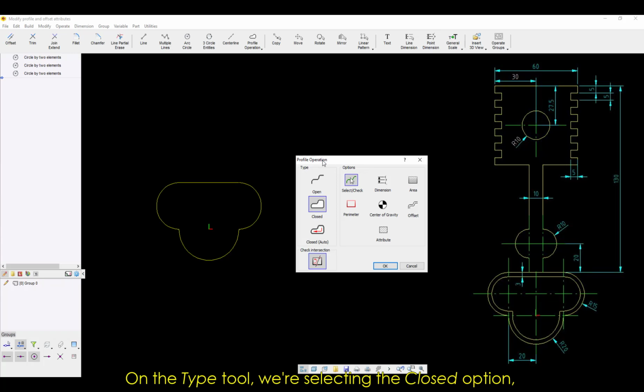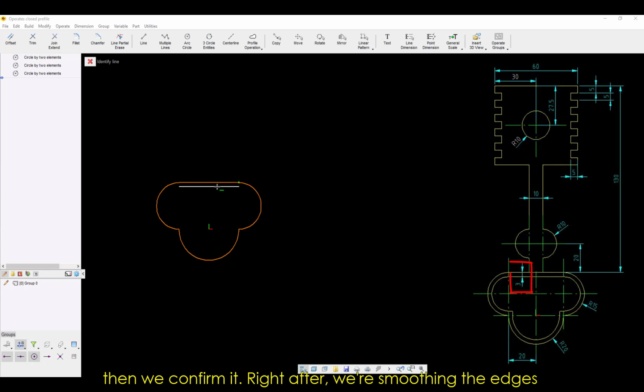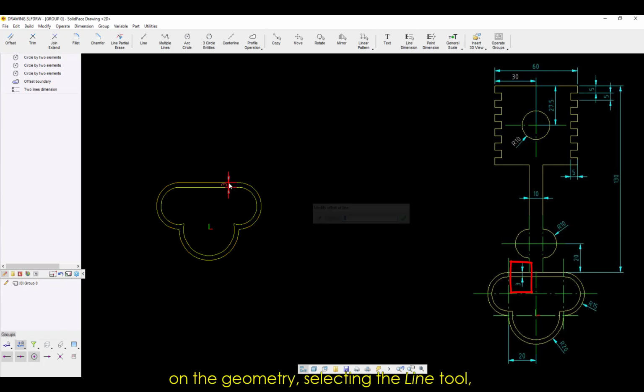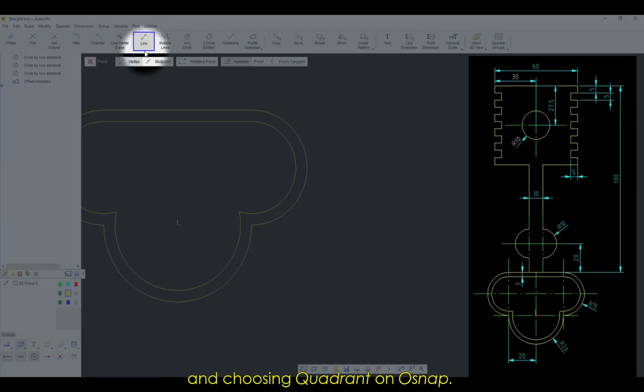On the Type tool, we're selecting the Closed option, and in the Options tool, we're selecting Offset. We'll select one of the lines and we'll input the measure 3. Then we confirm it. Right after, we'll smooth the edges on the geometry, selecting the Line tool and choosing Quadrant